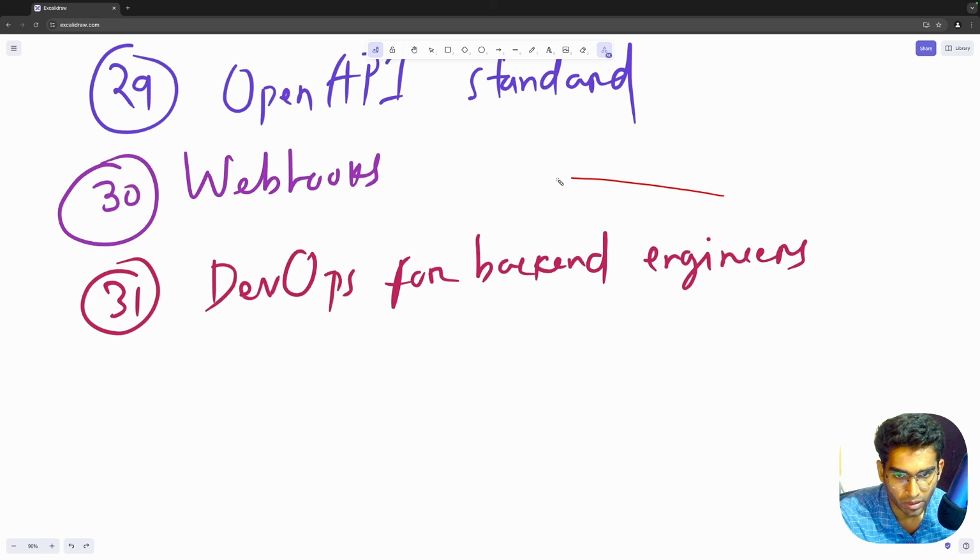And at last, we'll take a look at some DevOps concepts a backend engineer should be familiar with. For example, some of the core concepts like continuous integration, continuous delivery, continuous deployment, the DevOps practices like infrastructure as code, config management, version control, the different tools surrounding DevOps. For example, creating containers with Docker or orchestrating containers with Kubernetes and CI/CD pipelines, and how to scale your service, horizontal scaling versus vertical scaling, and different deployment strategies like blue-green deployment, rolling deployment, etc.